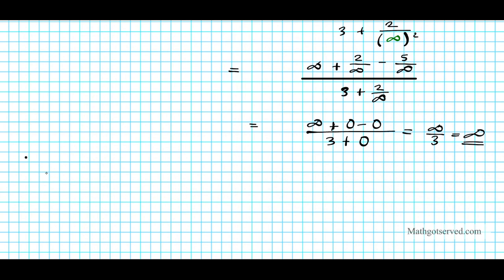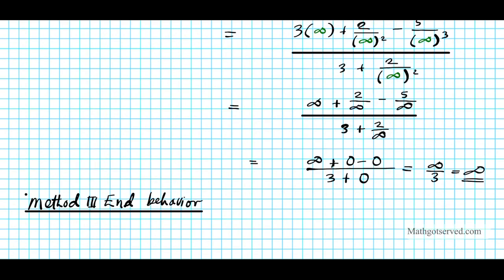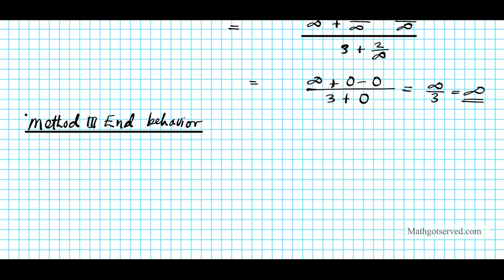All right, let's go ahead and try method three. Method three is the one where we're going to use the end behavior model. Okay, method three, end behavior. All right, so basically, this approach relies on the fact that the term with the biggest power in the numerator and the term with the biggest power in the denominator basically dictates how the rational polynomial function behaves at infinity, right? So limit as x approaches infinity